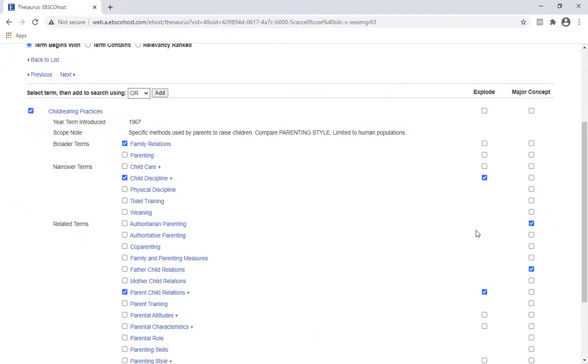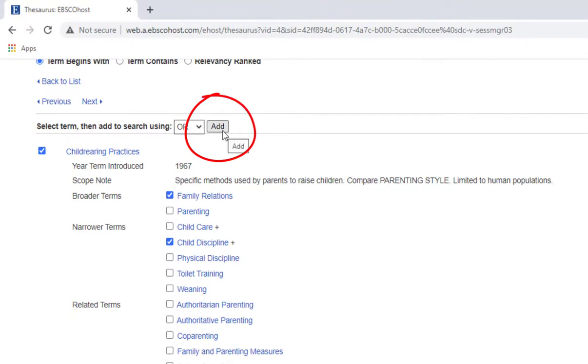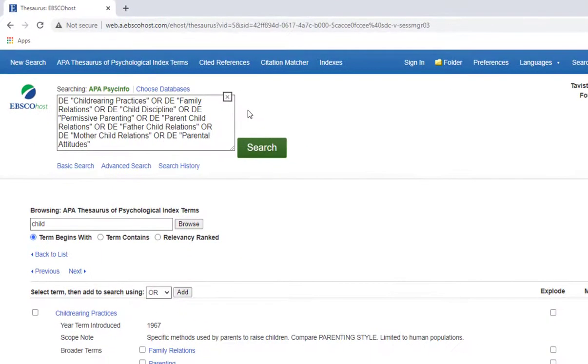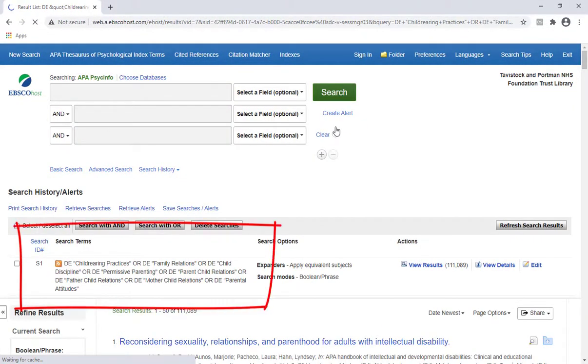Once you've done a selection or combination of terms you're satisfied with, you can click on Add to add the selected terms to your search. By default, the Boolean operator selected is OR, since the terms available are all related to each other and are generally used to diversify your search on a single subject. The new search will then be added to your search history to be explored or to be combined with other past searches in your search history.